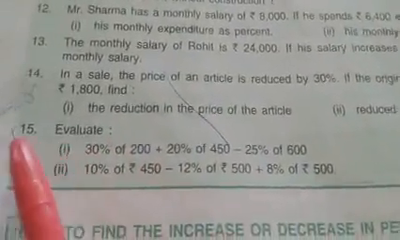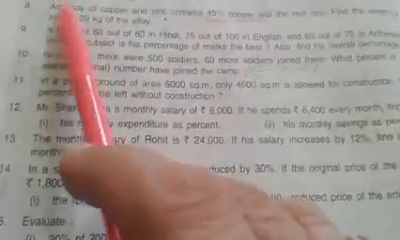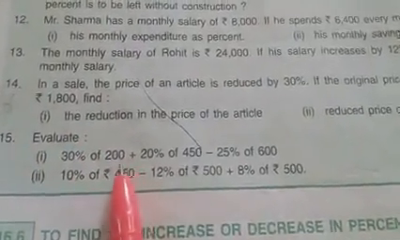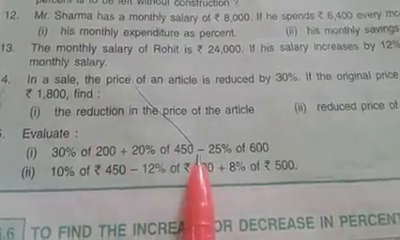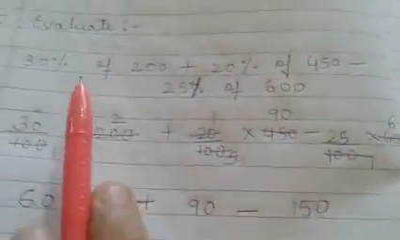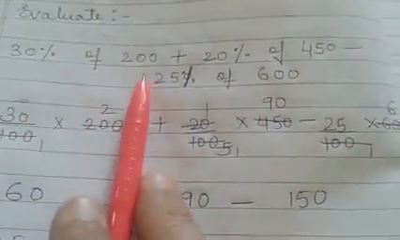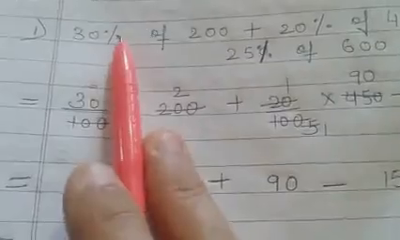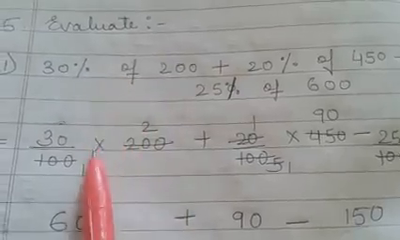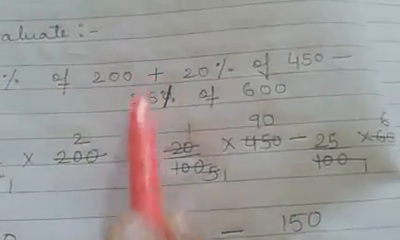The last question of this session, we are going to see question number 15. Rest no need to solve. Okay. So evaluate 30% of 200 plus 20% of 450 minus 25% of 600. Very easy. 30% of 200, you can see I have written 30%. I can write 30 upon 100 multiplied. Why multiplied? Because of is there. 200 plus